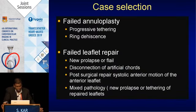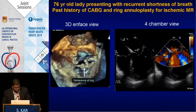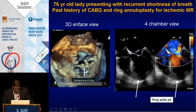So these are some of the case selections. Failed annuloplasty, like progressive tethering or ring dehiscence. Failed leaflet repair, new prolapse or flail, disconnection of an artificial cord. Post-surgical repair, systolic anterior motion of leaflets, sometimes mixed pathologies after repairs. So these are some of the cases that you can see and probably address with the MitraClip. Here's an example of a patient who presents with...